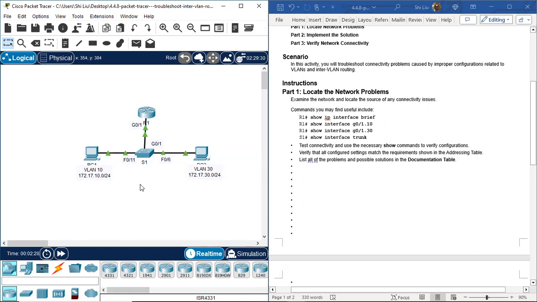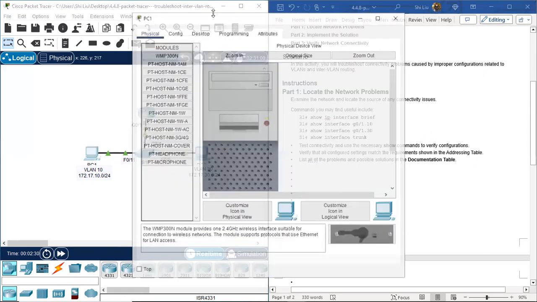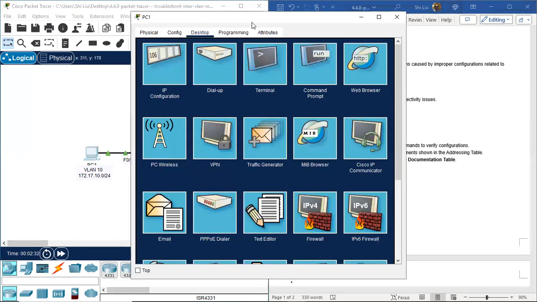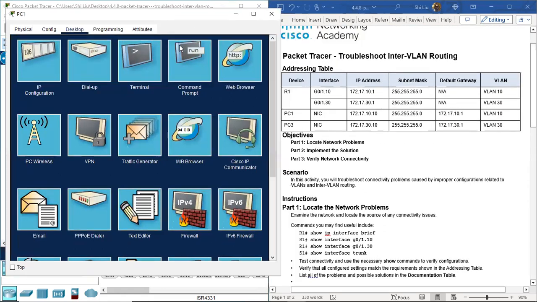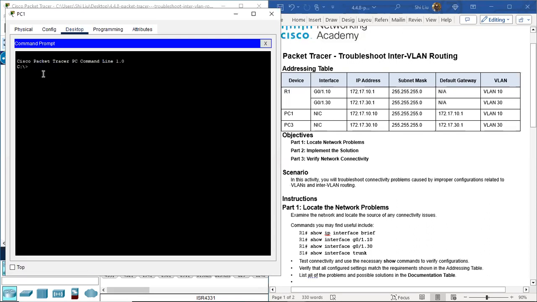All right, let's go to ping. We start from here. This ping will fail. That is the purpose of this activity. We know it will fail, but we still start from here. We just follow the process. Ping from PC1 to PC3,